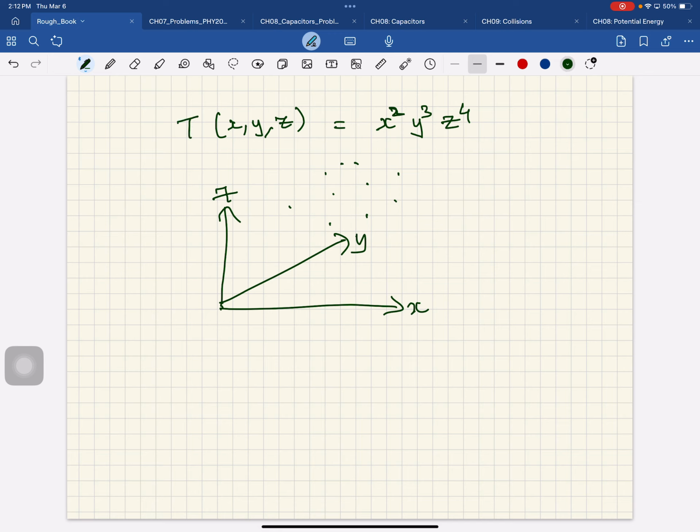Now, you can ask the following question. In what direction does the temperature increase the fastest? Is that a valid question? So you ask, in what direction is the temperature increasing the fastest and at what rate? And that's what the gradient function will give you. So the gradient function is a vector. And here's how it's defined. Delta t by delta x i